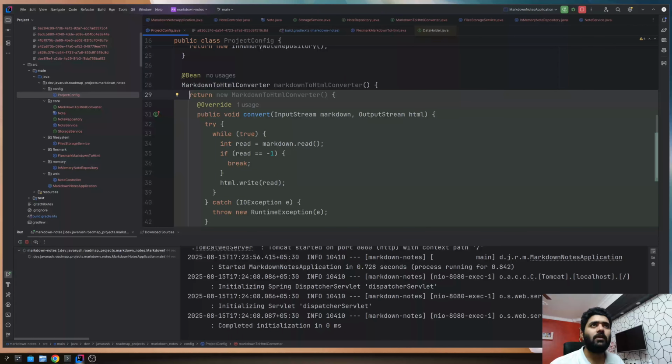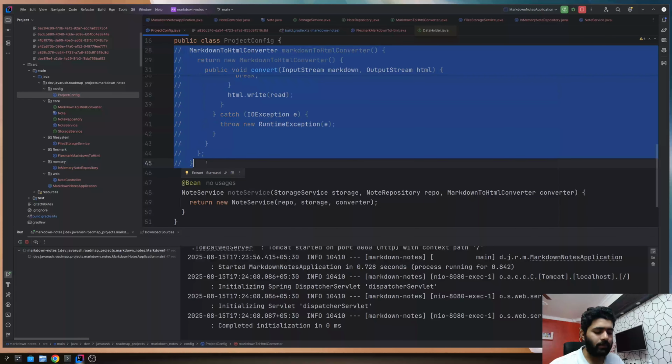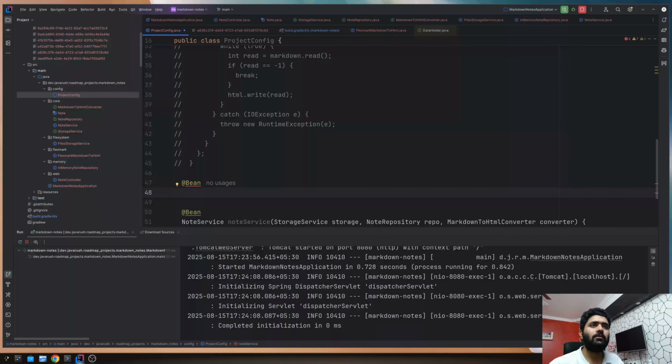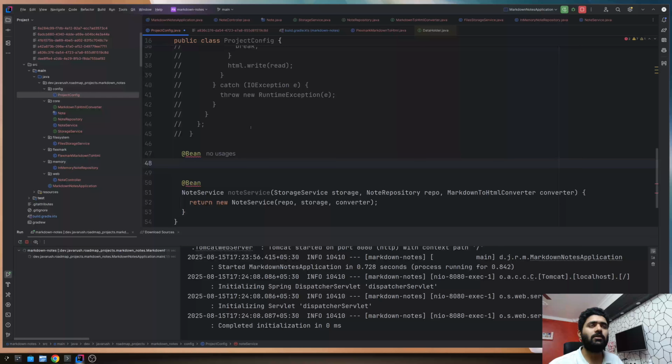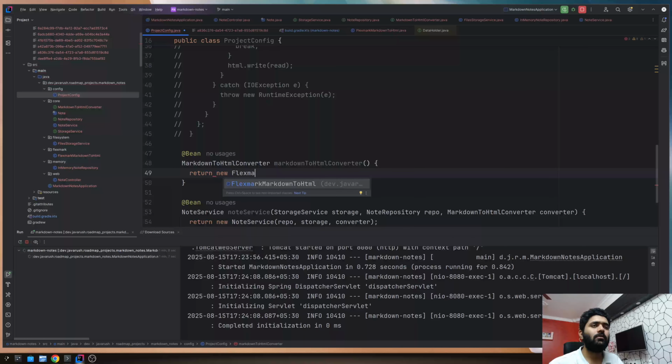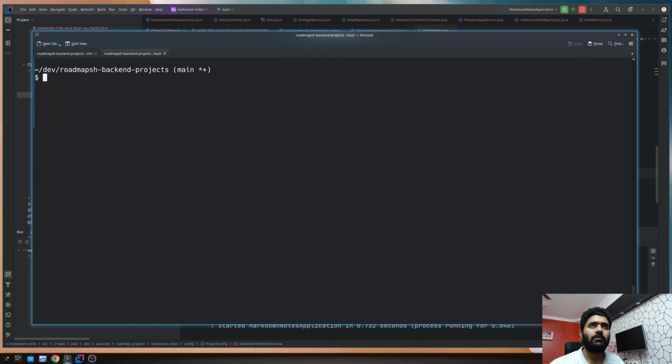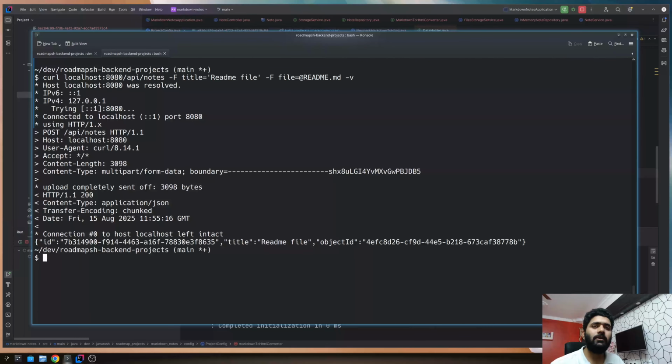Instead of returning this one, I will just copy it so that it will be here for your reference. I will create a bean, and the type is markdown to HTML converter. Let's return new Flexmark. We will use the default constructor without any arguments. Restart the application and load readme, then